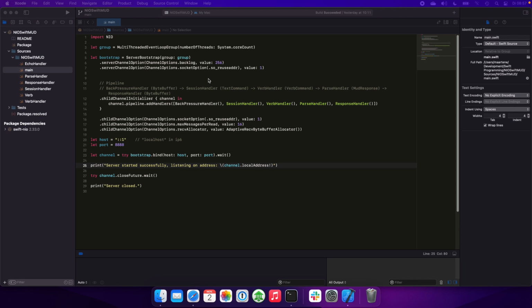Tutorial series where we're using the Swift programming language and the NIO framework to create a MUD-based game. And today we'll be working on setting up our user database. So we'll make the first step where a player who connects to the server will be able to create a